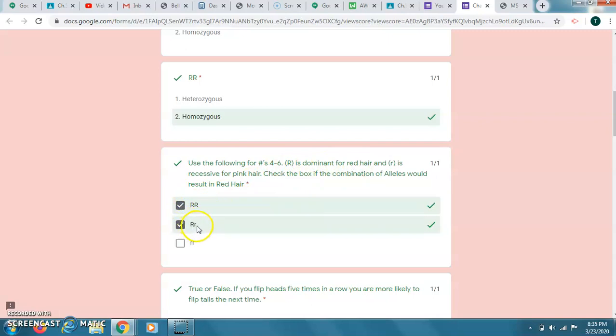One dominant and one recessive would also have red hair. This is the only one that would have pink hair. Remember, the only way to get the recessive trait would be to get two lowercase or two recessive of the